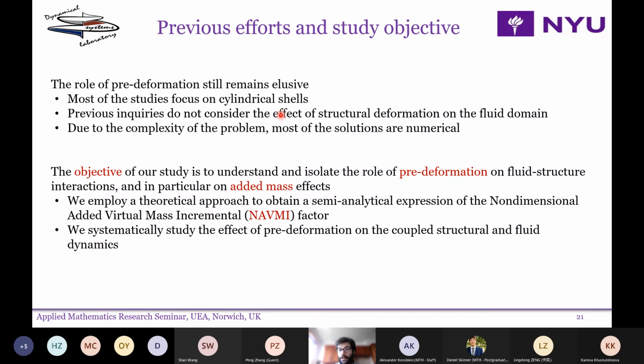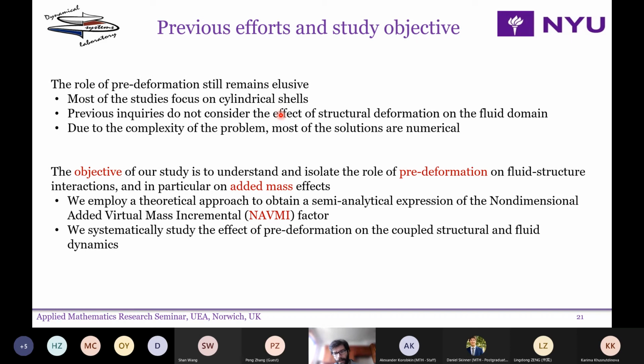So the objective of our study was to understand and isolate the effect of pre-deformation, and I'm going to show you how we isolate that. In particular, we focus on the added mass effects, that is the in-phase component of the force that the fluid exerts on the structure. That is the most important contribution in these cases, and is, if you want, the mass of fluid that moves with the structure, so that the mass of the structure becomes higher because of this dragging of the fluid,